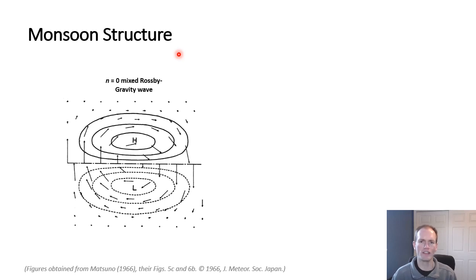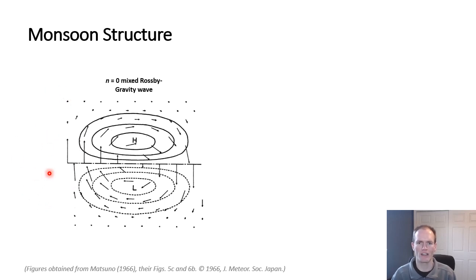And in fact, it's going to have different equatorial waves comprising that solution than we saw for the Walker and the Hadley circulations. So this structure includes an n=0 mixed Rossby gravity wave, where we had our rotation center here on the equator, and in this case this was the half wavelength that was associated with clockwise rotation, and so thus a high pressure anomaly in the northern hemisphere, where that clockwise rotation is associated with higher pressure, and a low pressure anomaly in the southern hemisphere, where that clockwise rotation is associated with lower than normal pressure. And the other half wavelength of this would be low over high with a broad cyclonic or counterclockwise rotation, cyclonic northern